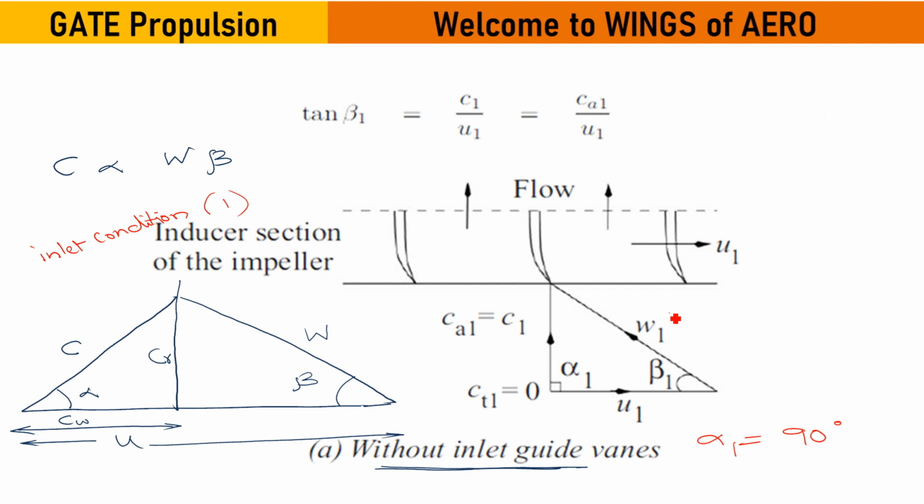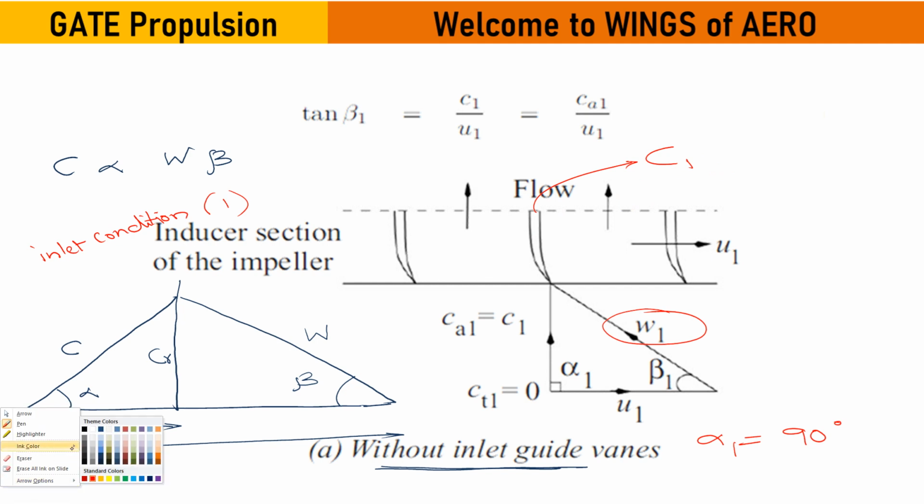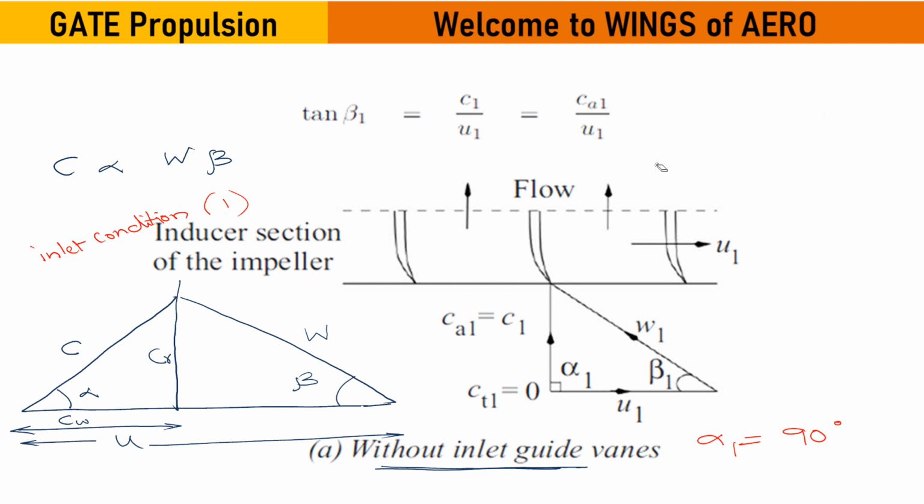When it is entering, remember I have said it is entering as a relative velocity, and when it is expelling out or leaving from the blade or tip, it will be an absolute velocity. That's how. This is an important point to note down. It's for the recap, already we have discussed. Today we'll mainly focus on the inlet condition.